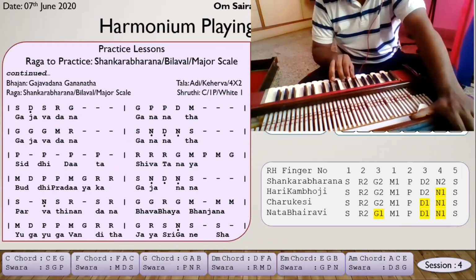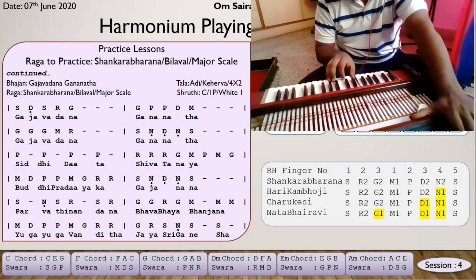So how is it? The first inversion would be, you have the first key, right? The first key goes up. So I'm playing Ga Pa Sa instead of Sa Ga Pa. I'm playing Ga Pa Sa. This is the first inversion. Okay. The second inversion would be Pa Sa Ga. So what happens? Ga Pa Sa is there, right? So the Ga is going up now. So Pa Sa and Ga.